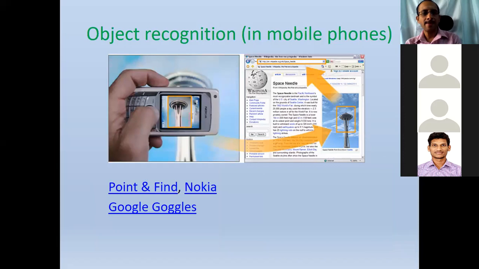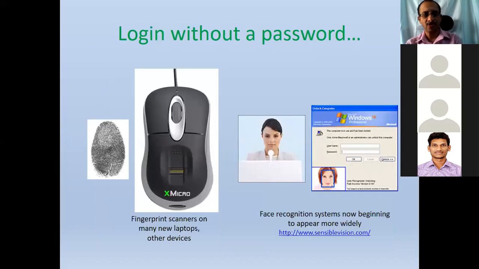And this is the application of what? This is the application of object detection. We can just identify what the object is and we can get the details of the object. So here, in some of the phones, this is a very well-known application, fingerprint and face recognition. These are in place, but still there are challenges in each of the applications. I will discuss that later.